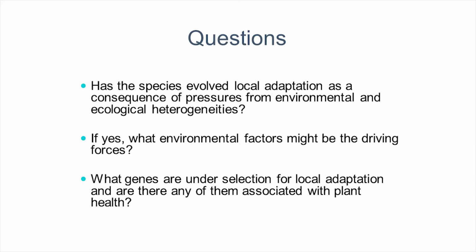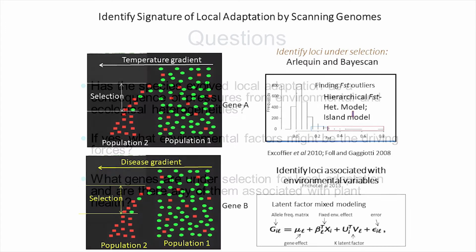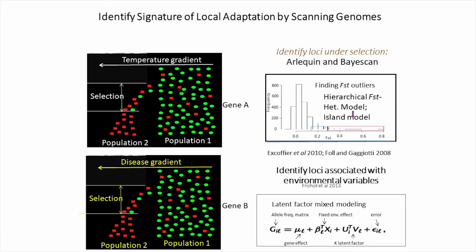We could also ask, if we're not just looking at disease, what previous environmental factors have contributed to the evolution of these drought tolerance, temperature tolerance, or disease resistance genes? And are there any associations that we can pull out? So is there a correlation between one version of a gene and a specific environmental gradient that you see across the landscape? I will show you a visual way of looking at this.